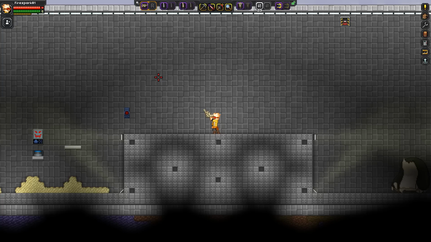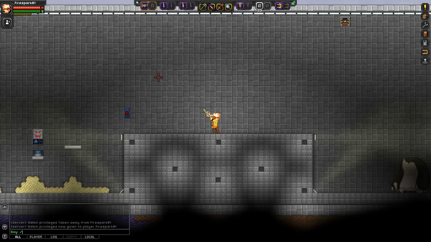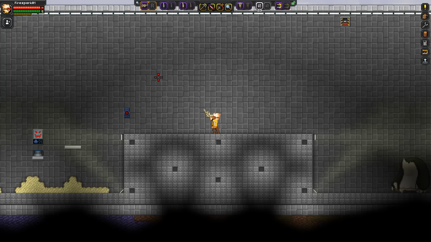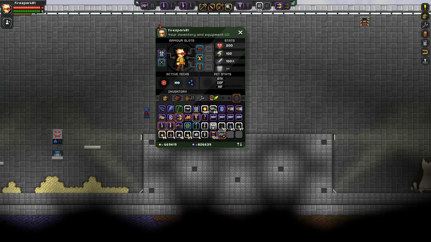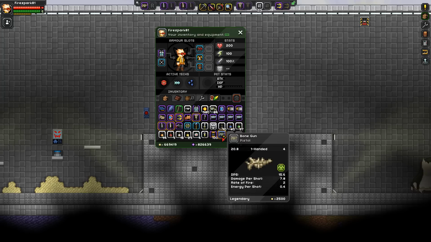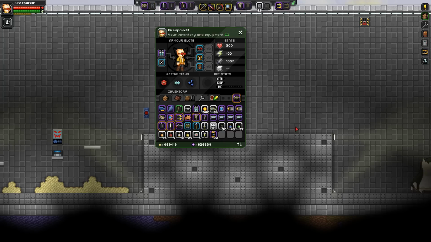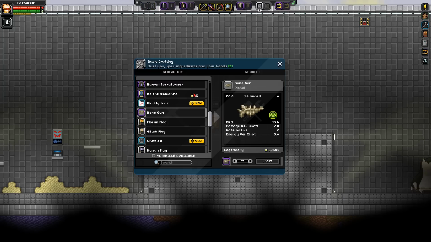Now, if that didn't happen, if for some reason it was still throwing the hive, all you have to do is hit enter, type /reload, and then hit enter. Now your game's gonna lag. Depending on how old your computer is, it may lag for a few seconds. But it'll eventually stop and it will reload all the assets. Once it does that, you want to delete whatever you're creating. So we're creating the gun, so we would go ahead and delete that,